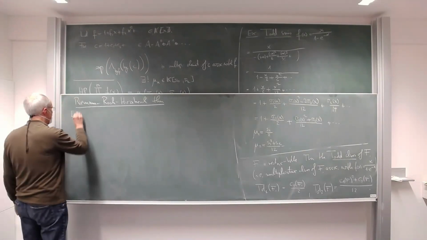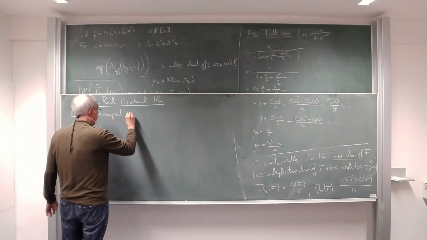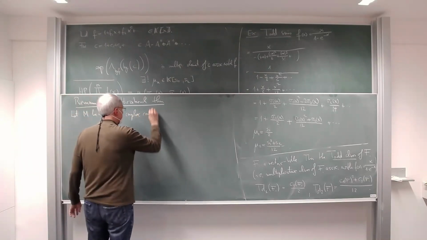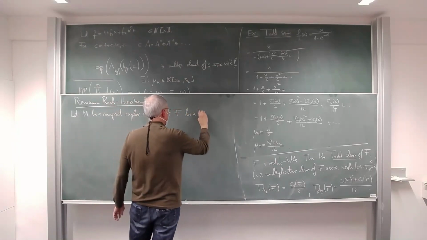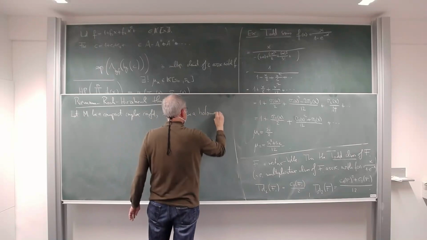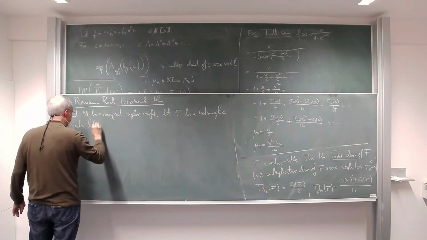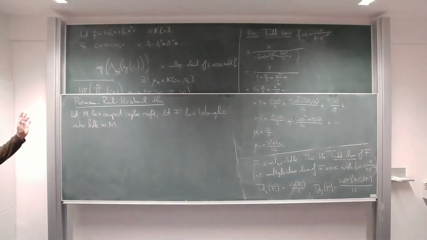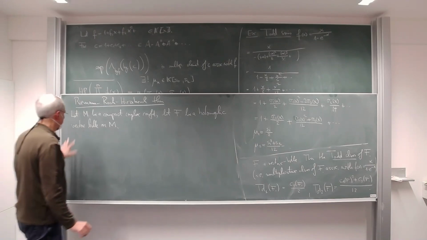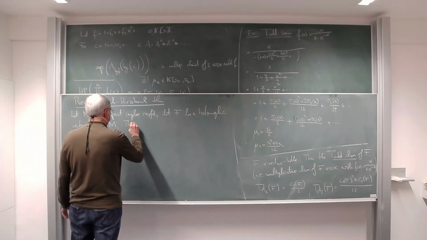So let M be a compact complex manifold. Let F be a holomorphic vector bundle over M. I'm not going to define what a holomorphic vector bundle is. It's a complex vector bundle with an extra piece of structure, which is not really so important for us. Then,